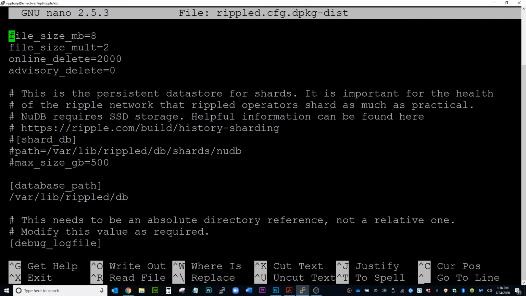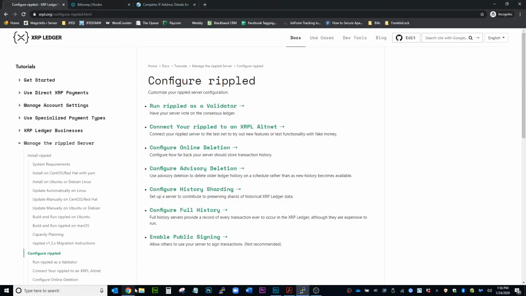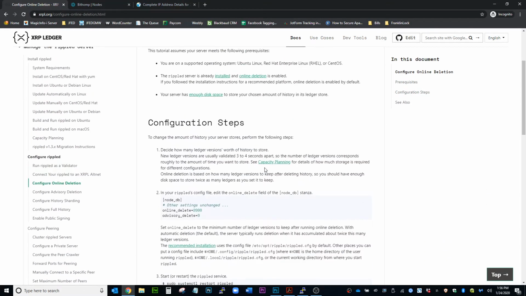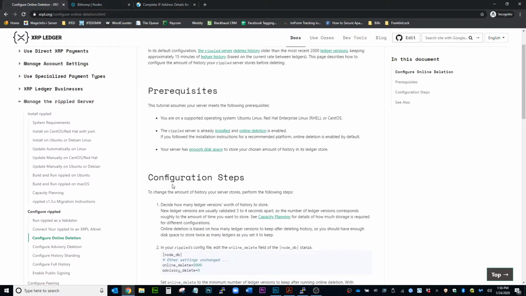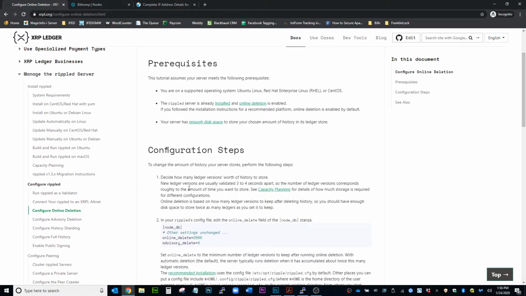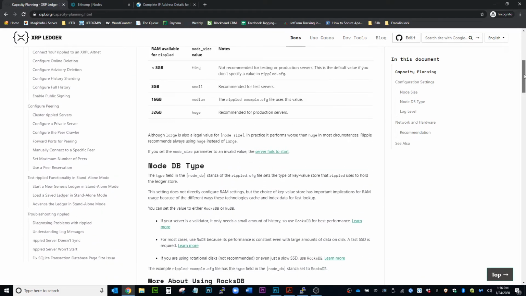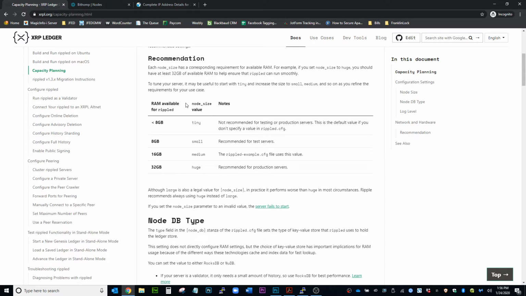But on the XRP Ledger website, it will show you here under Configure Online Deletion. It'll show you a chart. Capacity planning. So if you go down to the configuration steps, decide how many ledger versions worth of history to store. You go to capacity planning. It even shows you here your node size setting depending on how much RAM you have. So here, like I said, if you have at least 32 gigs, you can set that node size value to